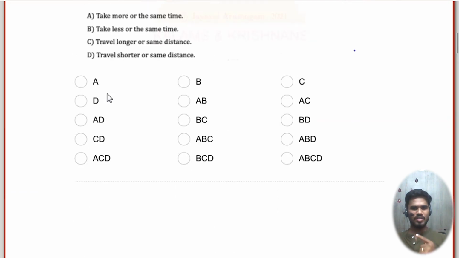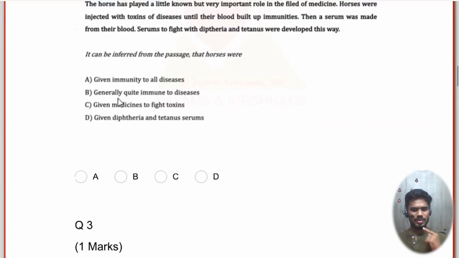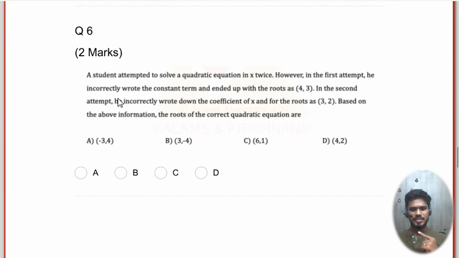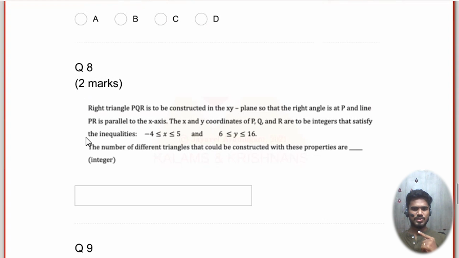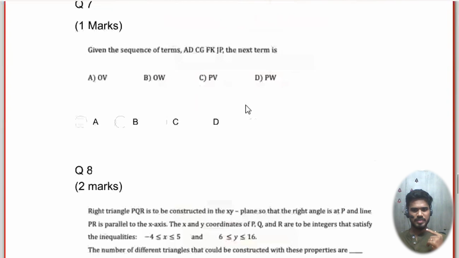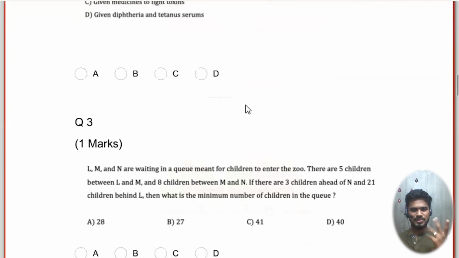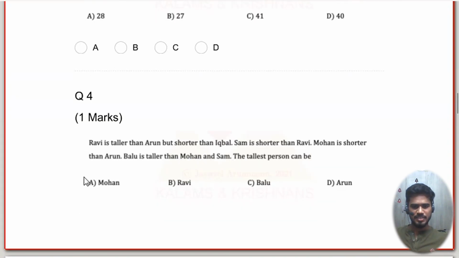But what is harder than an MSQ question, or actually, which analytical aptitude questions are harder? One of the best examples would be this question. A right triangle PQR is constructed in this way. Again, if you know how to solve it, it's easy. So let me point out a slightly better example. Students standing in LMN are waiting in a queue meant for children to enter the zoo. A somewhat benign looking question like this is actually very problematic. Benign looking questions like this can get very problematic. This question, for example, is very hard. I'll point out why that is the case.